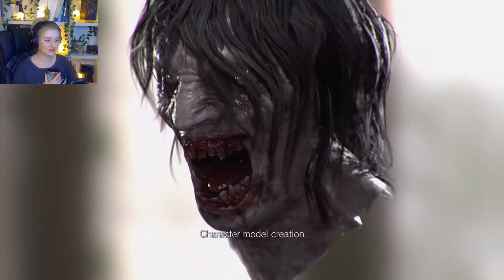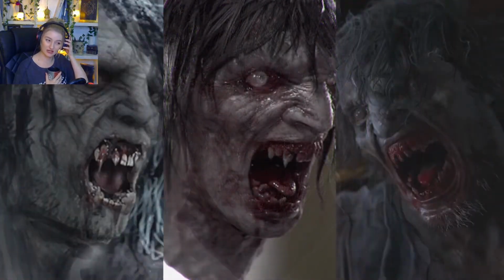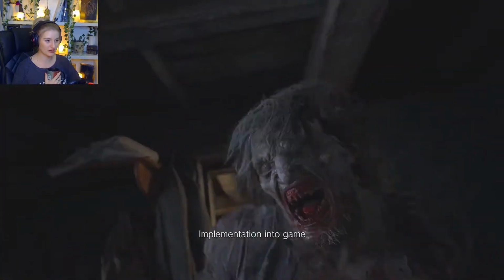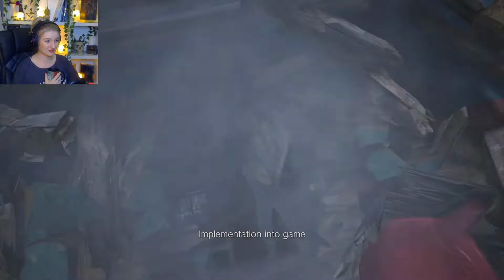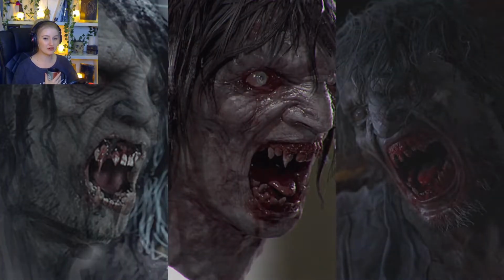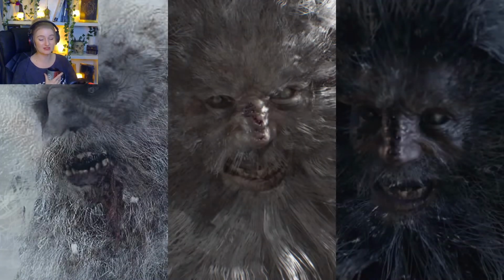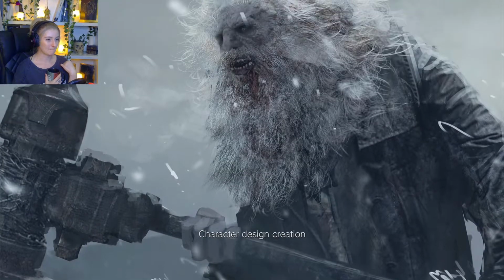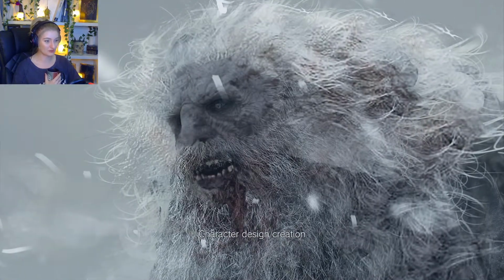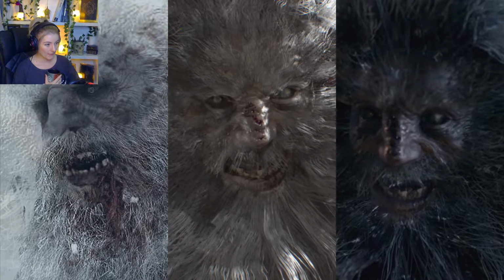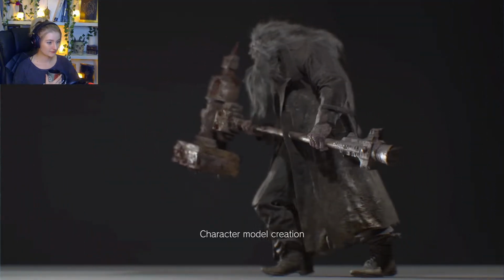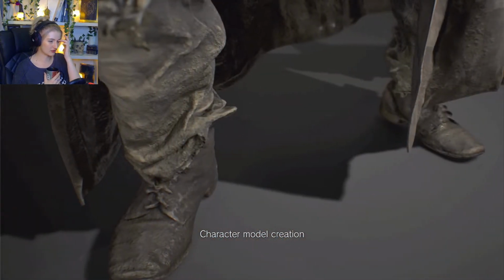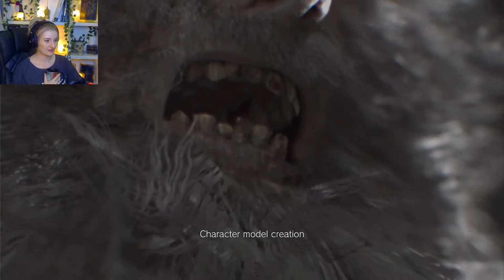Again, hair is a really difficult thing to animate, so that's why most characters, I don't know if you guys have noticed, especially main characters, have quite short hair. Look at that hair movement in this though. Usually main characters have short hair or their hair is tied up. That's because it's so difficult to animate it, especially falling over shoulders. But these guys did a fantastic job with just everything, didn't they? Beautifully done. Look at them teeth.